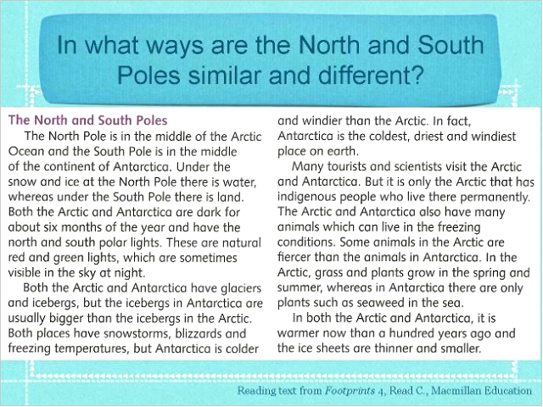But actually, the task here for the children to do, and what I like to do, I put the children in pairs, and I ask one child in each pair to find 7 similarities between the North and the South Pole in the text, and the other child in each pair to find 7 differences, okay? So they read the text, they're working in collaboration together, but they actually have a different task to do. So we then find out what they